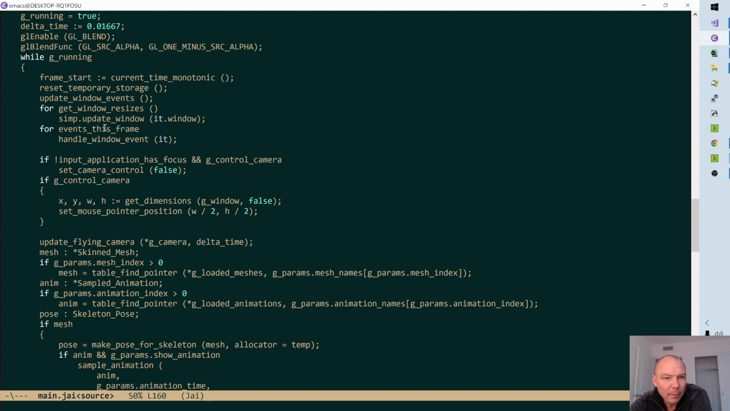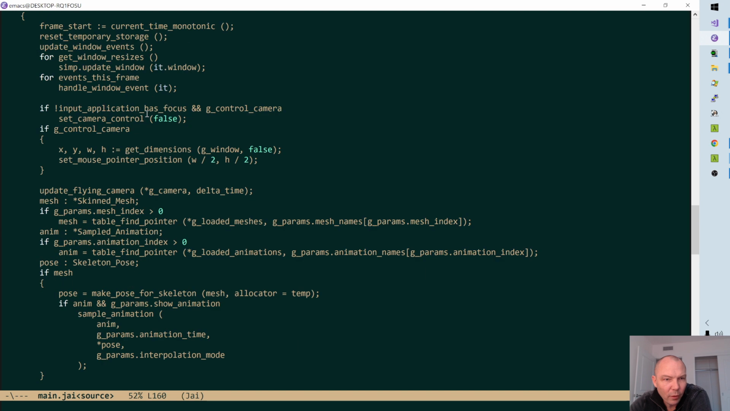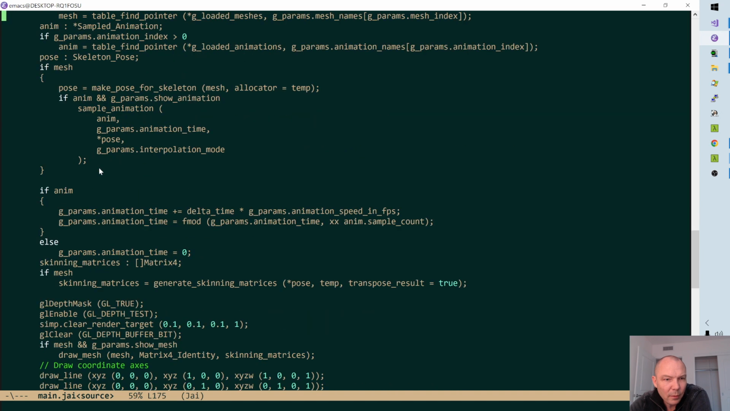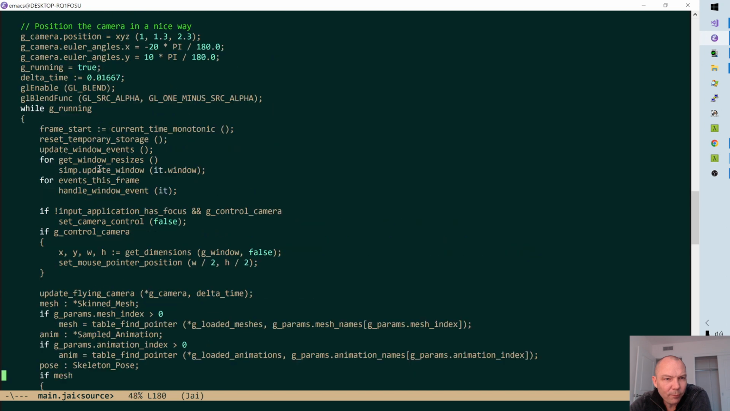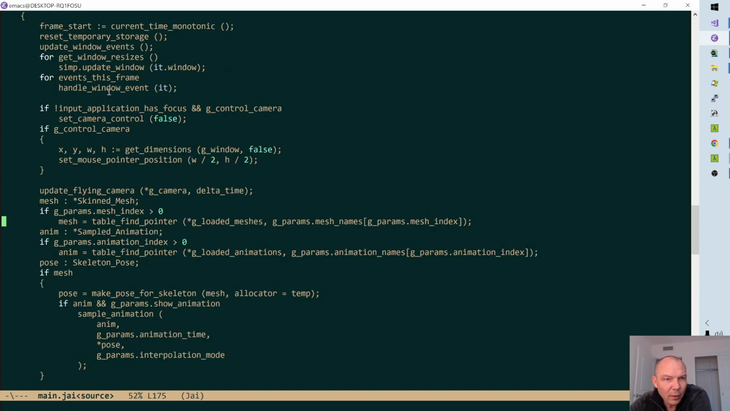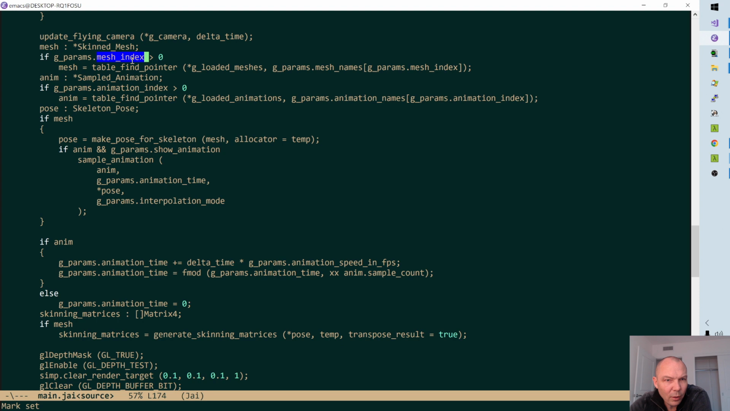Okay. Window events, that's just input and stuff. Okay. Update flying camera. Like this code, it's a few different things happening, right? Here's standard per frame stuff that you would do in any program. And then here, we're starting to get a little bit application specific, right? And then here,